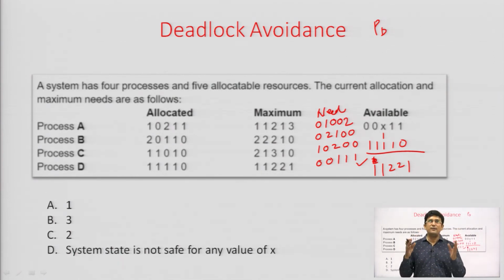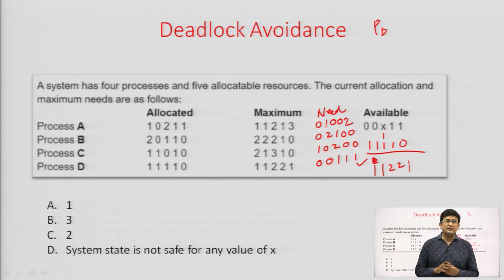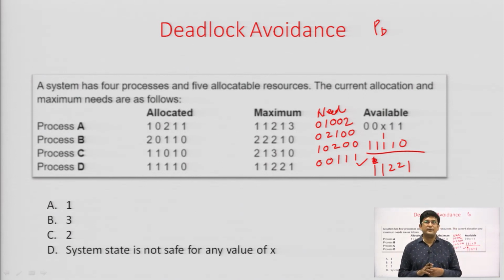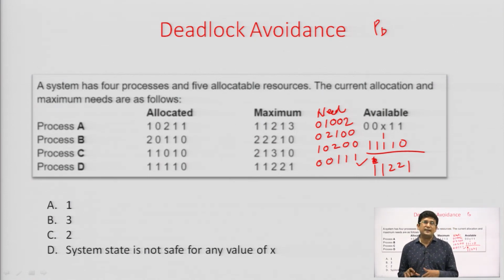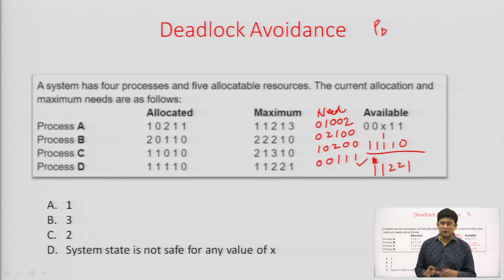Similarly, this scheme will update the values and you can find out the value of x. If x equals 1 is not good, then take x equals 2 and find it out, and then take x equals 3 if 2 is also not enough.